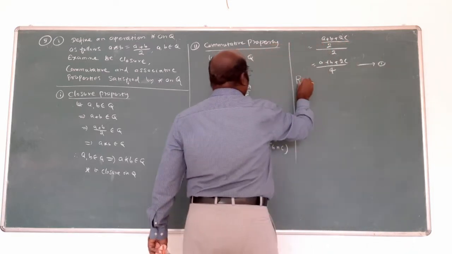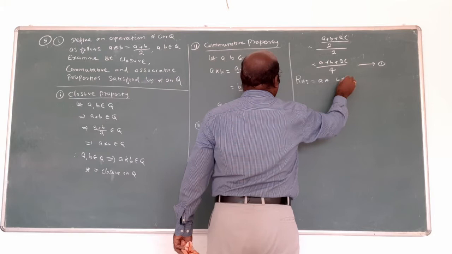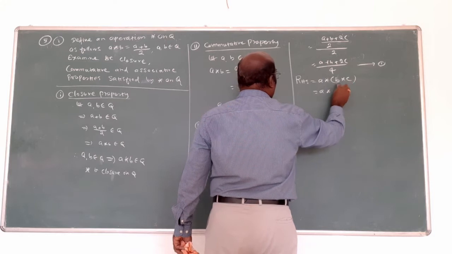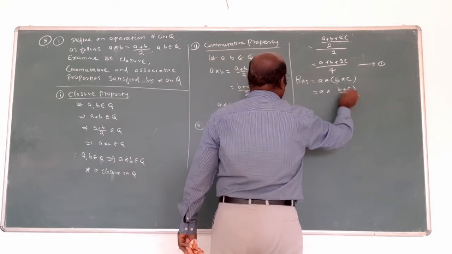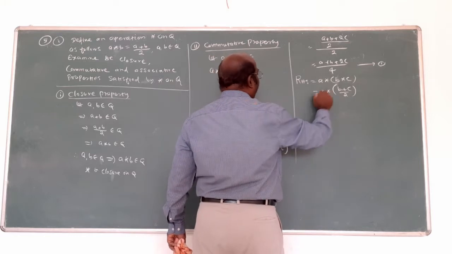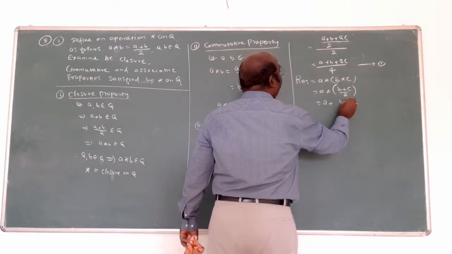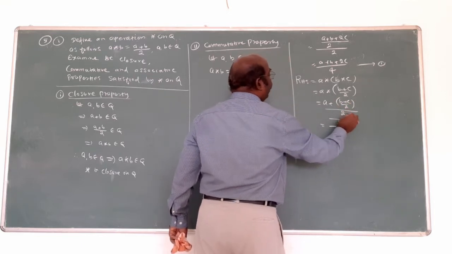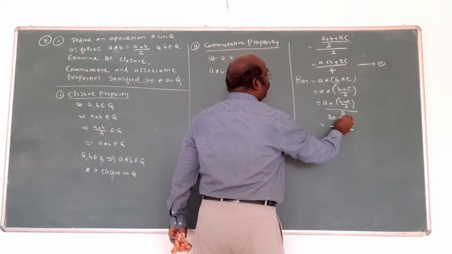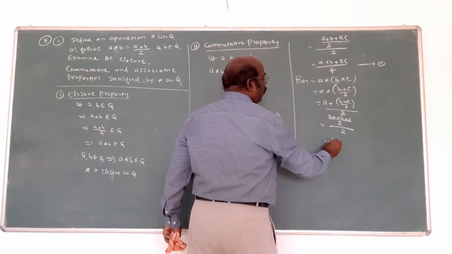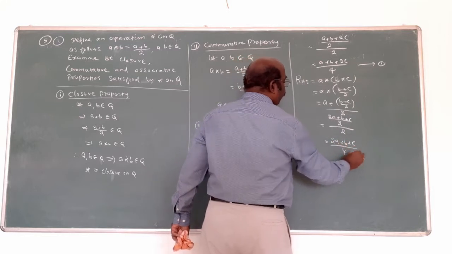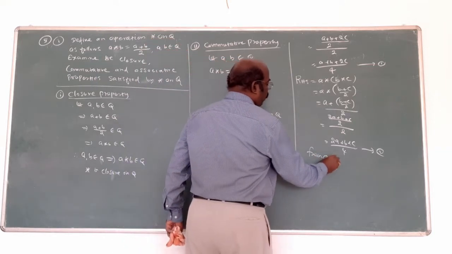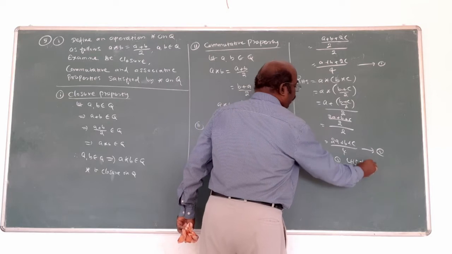Now find RHS. What is RHS? A star, B star C. The formula is adding both divided by 2. Once again, before star plus after star: A plus B plus C by 2, the whole divided by 2. In the numerator, 2 is the LCM. Cross multiply: 2A plus B plus C by 4 is the second answer. From 1 to 9, from LHS, not to RHS.